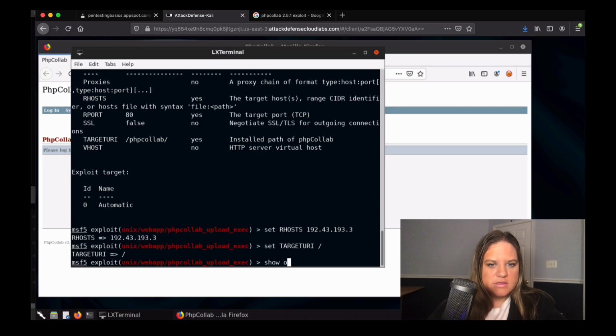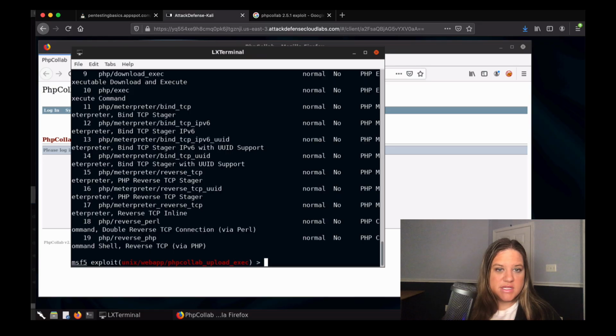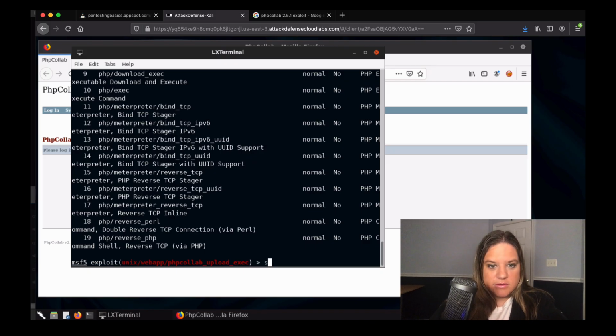If we do a show payloads on this guy, I imagine we're going to see PHP payloads. So since this is a PHP app and it's upload and execute, it's going to want to upload and execute something that is PHP. So the web server knows that language and is thus able to execute it. Metasploit's smart that way and shows us the PHP payloads. Again, you can, in most cases, just let this stuff default, but since we're learning, I will set a payload. So set payload, I'll do PHP interpreter,